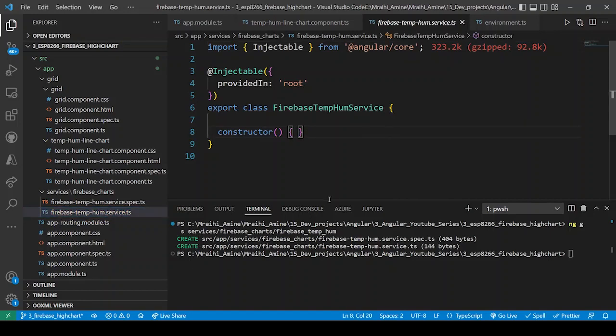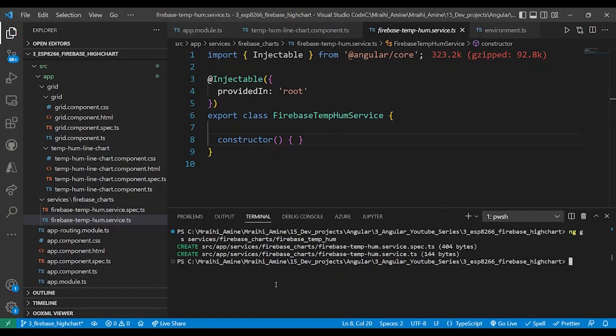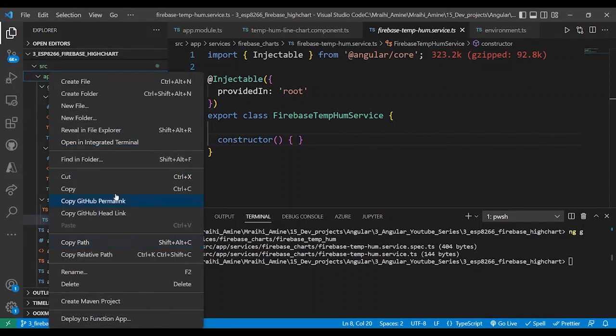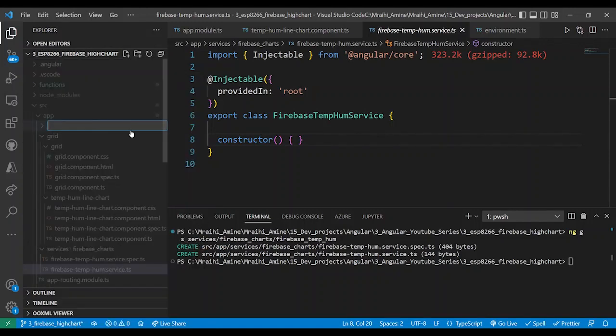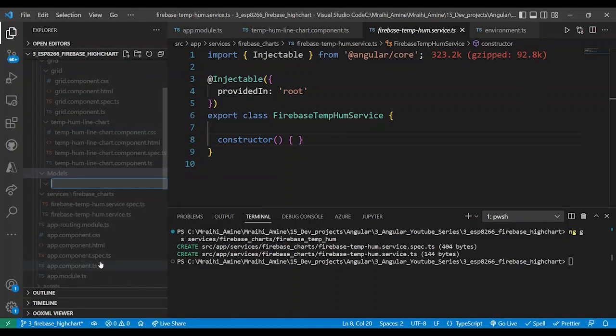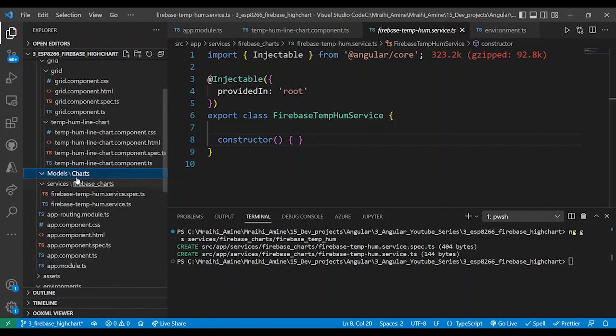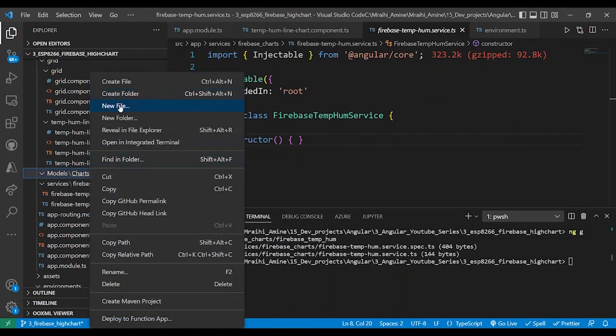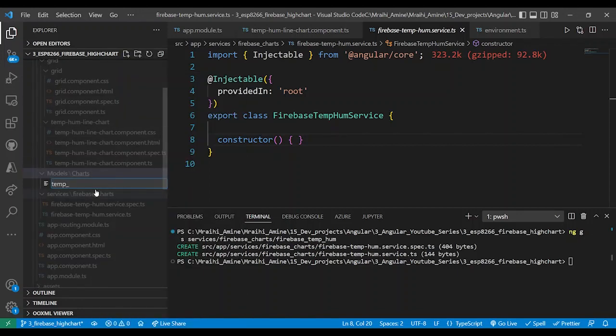and inside of it we will put all the necessary code to maintain our connection with Firestore. And now let's create an interface for our temperature. Then we should create a folder for it. We will create here in the app a new folder which I will call models, and inside of it I will create another folder which I will call charts, and inside of it I will create a new file which I will call temperature interface.ts,